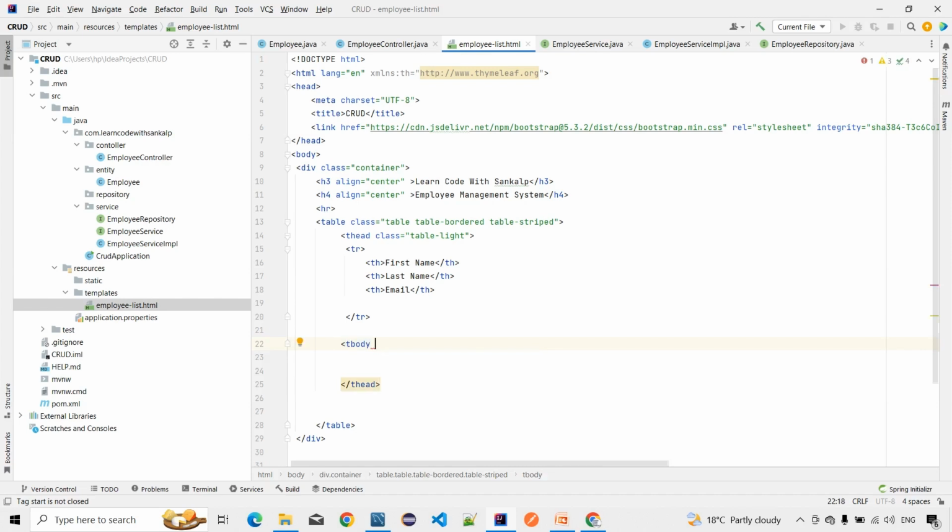You can give the class like table group divider. Okay guys, then here we write the for each loop, so we give th colon each, like th colon each,